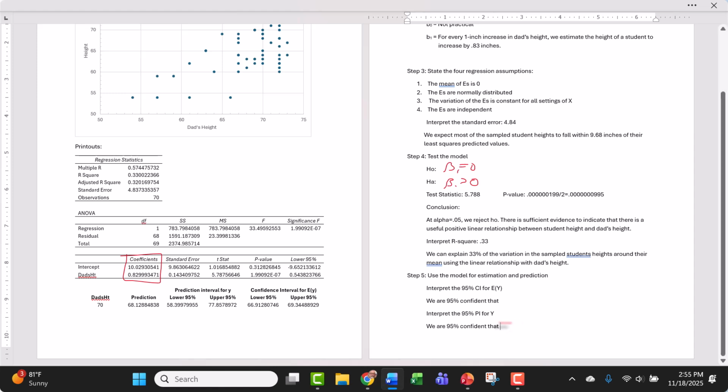Y is the height of a student. But when you talk about the prediction interval and the confidence interval, you've got to get more specific than that. It's not just the height of any old student. In what we're working with here, it's the height of a student whose father is 70 inches tall. We're 95% confident that the height of a single student, that's Y, whose father is 70 inches tall